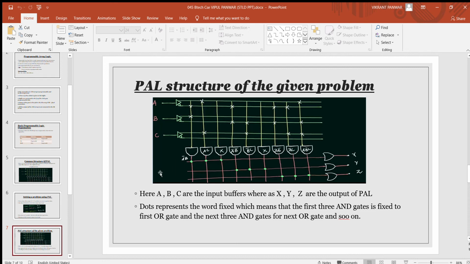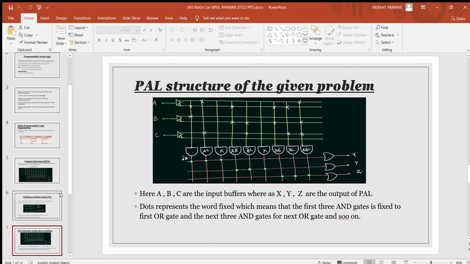Now if you see here, we have only two min terms, therefore two AND gates are used, and this AND gate is basically not used, it is not usable. But it is connected to these input buffers. So here we use fuses. Fuses are basically used to disconnect these points. These are the intact points, that is 1 2 3 4 5 6. We disconnect all these points so that this AND gate is not usable.